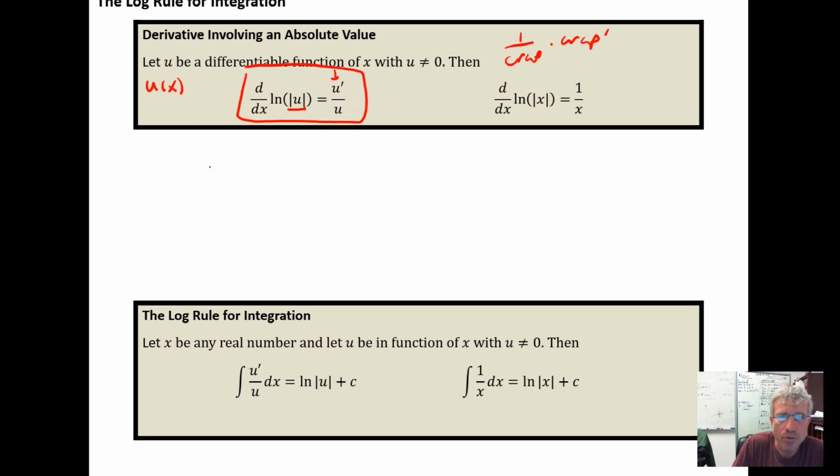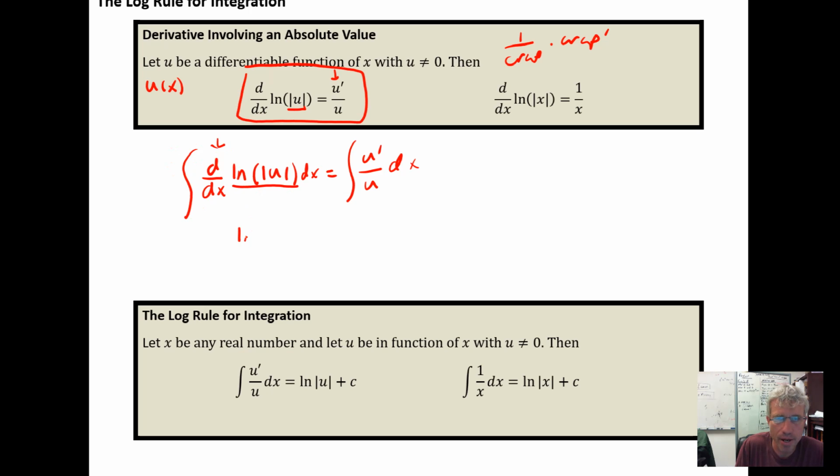So if I take what we did in the last video, the derivative d dx of the natural log of the absolute value of u, where u is just some function of x, and we know that's equal to u prime over u, then we can ask ourselves, what happens if we integrate both sides of this with respect to x? We know that the antiderivative works as the inverse of the derivative, so they're going to cancel each other out and just give us the natural logarithm back. So we get the natural log of the absolute value of u